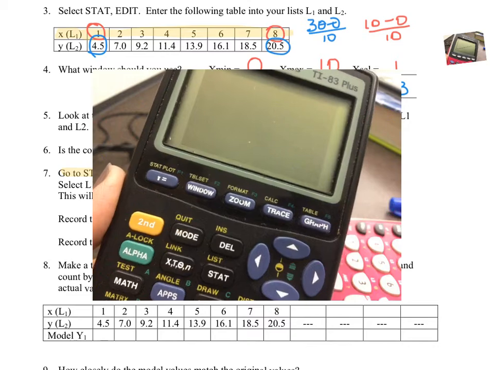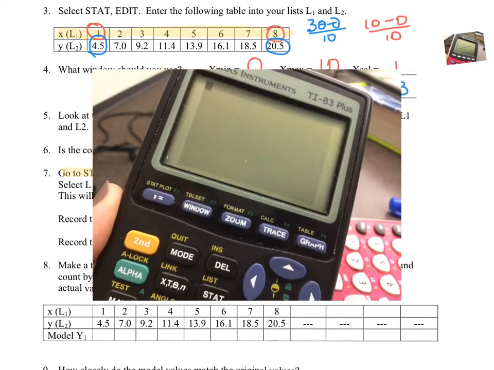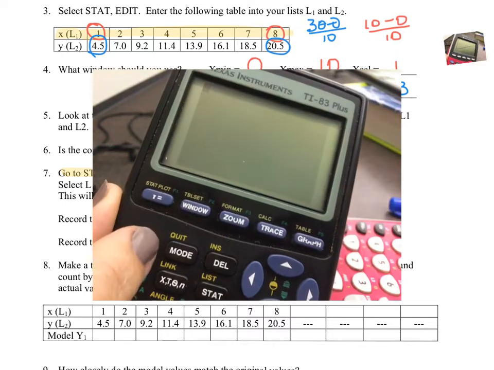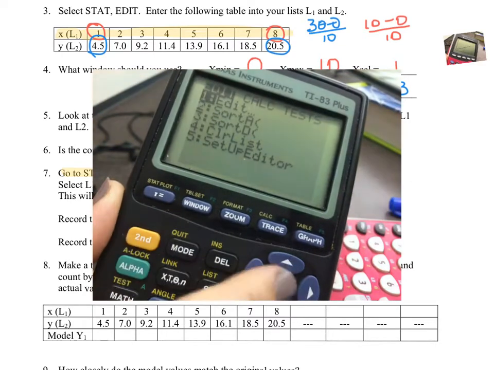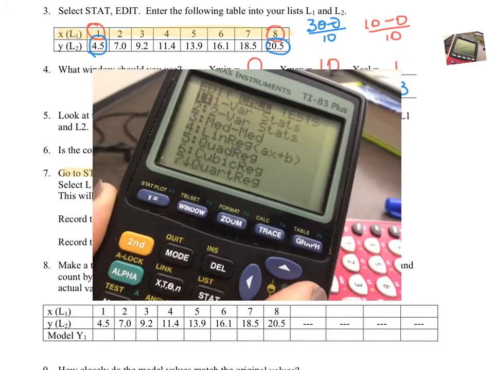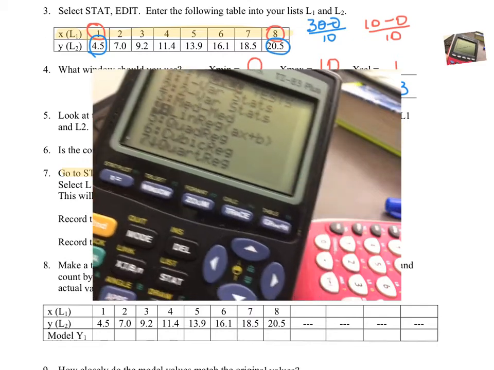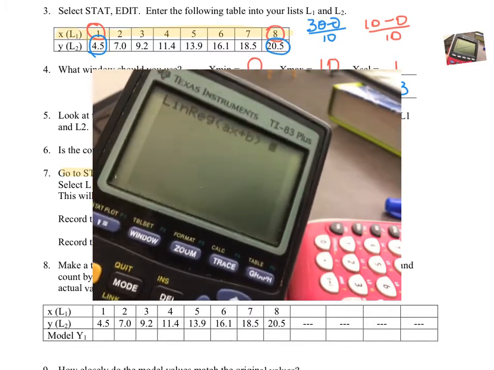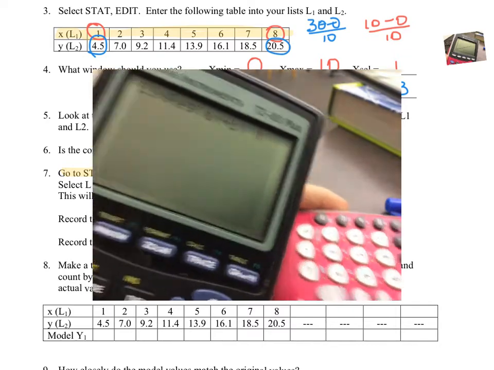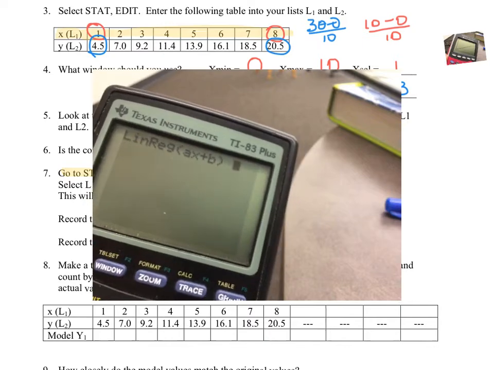All right, I have pulled up another calculator, an older one, and I want to show you how that looks if you have an older model. So we're going to still do the same thing. We're going to stat. We are going to go over to calc. We're going to choose option number 4. And all we get is this plain old lin reg thing on the screen, as opposed to the other group. If you've got the newer calculators,